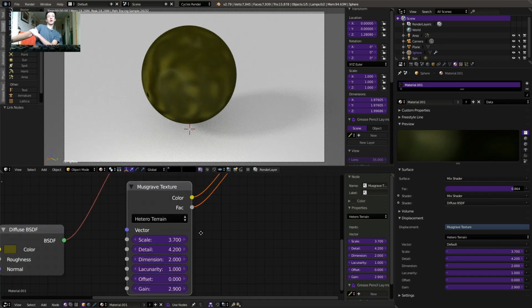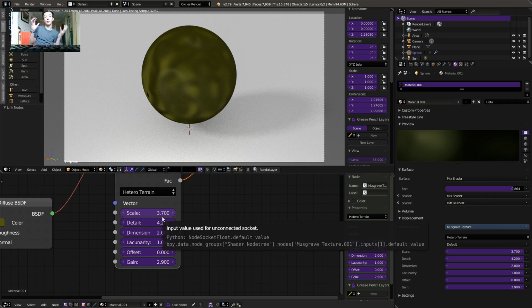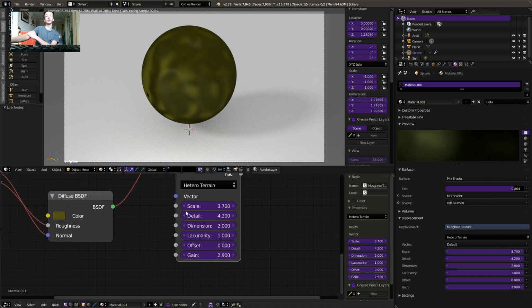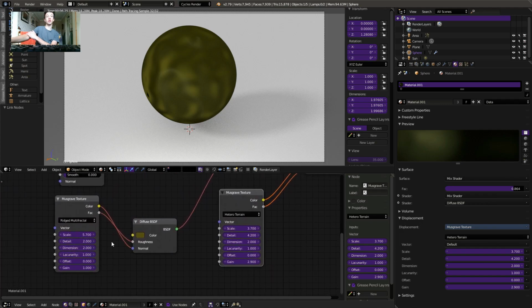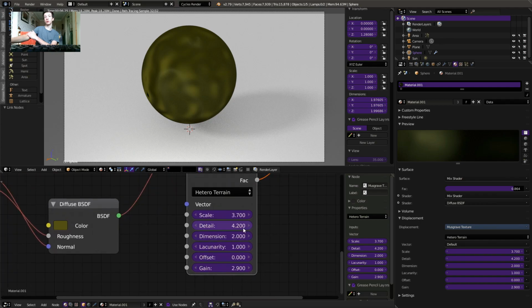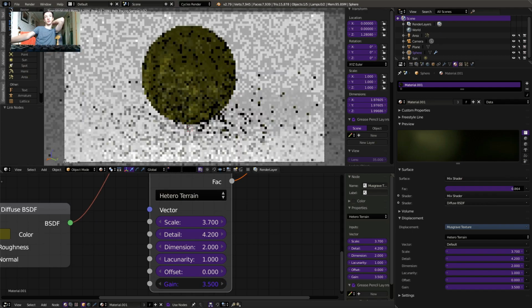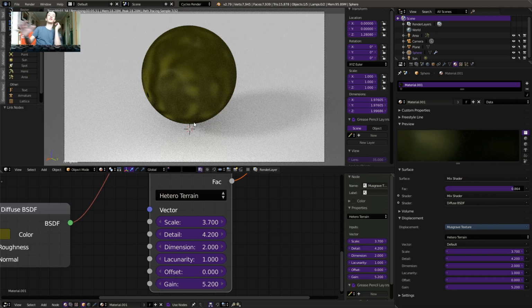So once that's set up, you're going to change these however you want them. Mine are set like this, and the reason that the scale is set differently from the scale of the texture over here, this is 5.7, this is 3.7, is so it doesn't line up perfectly, because it looks a bit weird if the dents are perfectly in line with the camo texture, which makes it a bit more wild. If I put the gain up a bit more, it makes the dents more significant. So if the gain is on, say, something crazy like 20,